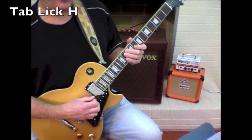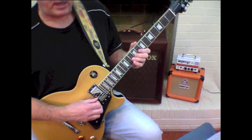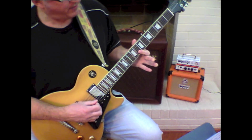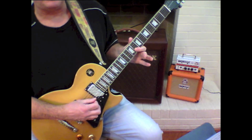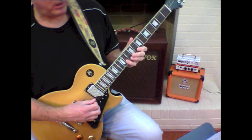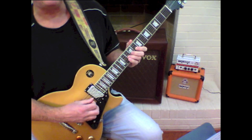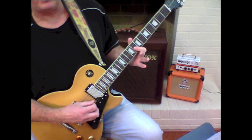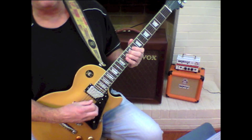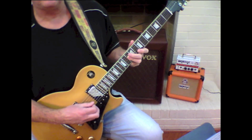We move on to H, and that's going to be a slow bend, or a full bend on the 10th fret of the G string, and then we're going to bar the B and the E string and pluck them sequentially, and then we're going to pull off on the B string 11 to 8, 10th fret of the G string. We're going to bar the B and the G at the 8th fret, 10th fret of the D, 10th fret of the G twice,